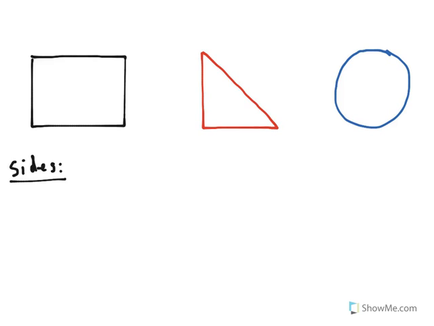these shapes has. Let's start with this rectangle. I count 1, 2, 3, 4 sides. The triangle has 1, 2, 3 sides, and the circle doesn't actually have any defined sides. A side is defined as a straight line. Since the circle is one curvature around, it has 0 lines.